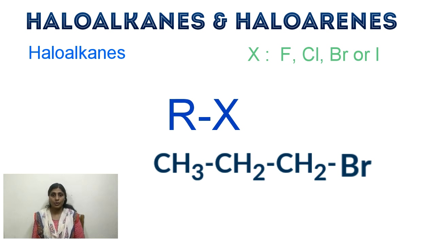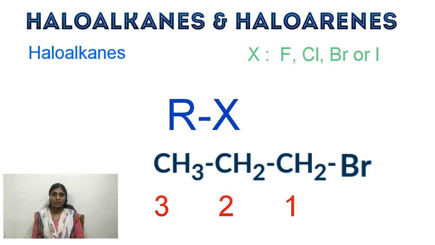In the above compound, that is CH3CH2CH2Br, I'm giving numbers to the carbon atoms as 1, 2, 3. So you get carbon number 1 as the alpha carbon atom. And that carbon atom should be sp3 hybridized. That is the condition. Now how do we know whether the carbon atom is sp2, sp3 or sp hybridized? If the carbon atom is attached to other atoms only with single bonds, then it will be an sp3 hybridized carbon atom.